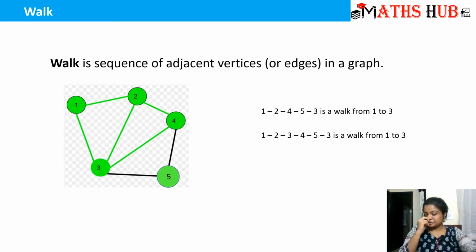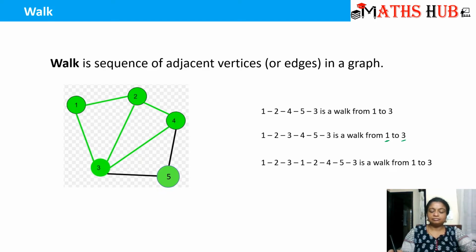So here there is no restriction on the number of vertices and no restriction on the edges. You can travel any vertex and any edge any number of times, but you have to keep in mind that whatever are the initial vertex and the terminal vertex from where the walk is required, they should be at the corners, and rest you can make a sequence of adjacent vertices and the edges, right?